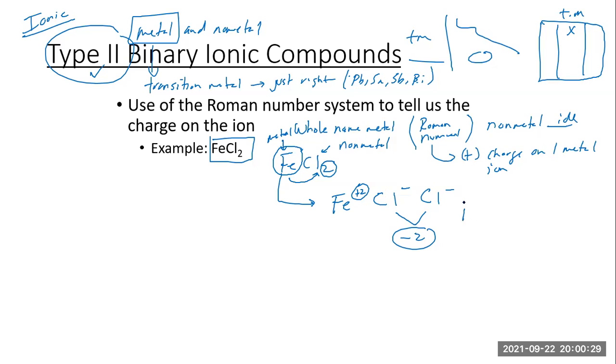So how does that translate to our name? We again use the whole name of the metal, which is iron. Because iron can be +2 or +3, for example, we use the Roman numeral 2, not to tell us how many iron atoms we have, but to tell us what the actual positive charge is on the iron. And the last part here, this non-metal is named just like we did in type 1. Even though there's two of them, it would still be called just chloride, no prefixes. So this would be iron Roman numeral 2 chloride. And the reason we need to do that is because, for example, if we had